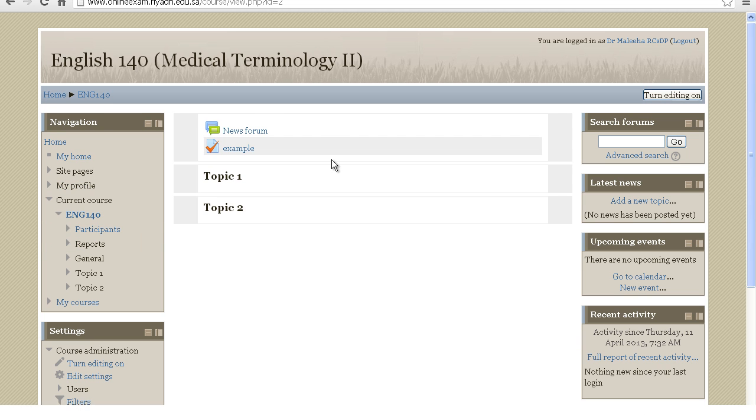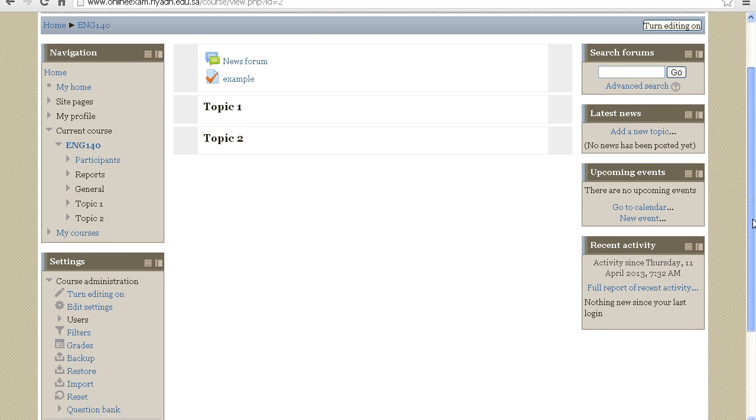Once I've opened my course, I proceed to a page that has topics listed. Now, this is my syllabus page, and by default I'd like to remind you that the administration or the IT department has only mentioned 2 topics for every course. You can go ahead and add to these and add details to the topics of your syllabus. I will be creating an instructional video to teach you how to do so. But today, for the purposes of this video, I'll be showing you how to make an exam using my question